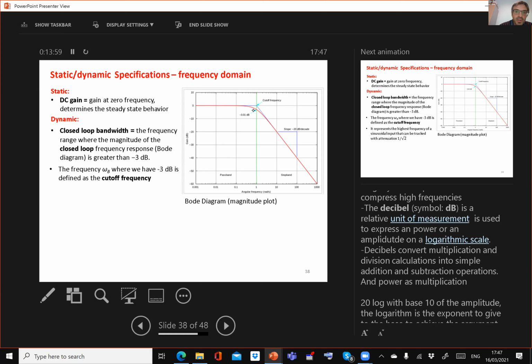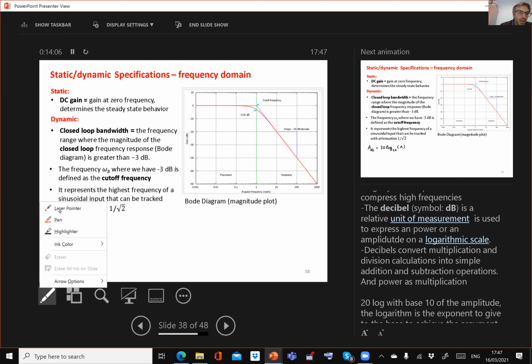And the maximum frequency of the bandwidth is called the cutoff frequency, and represents the highest frequency of a sinusoidal input that can be tracked with an attenuation of 1 over square root of 2. Let's see. So this means that if we are trying to track our system